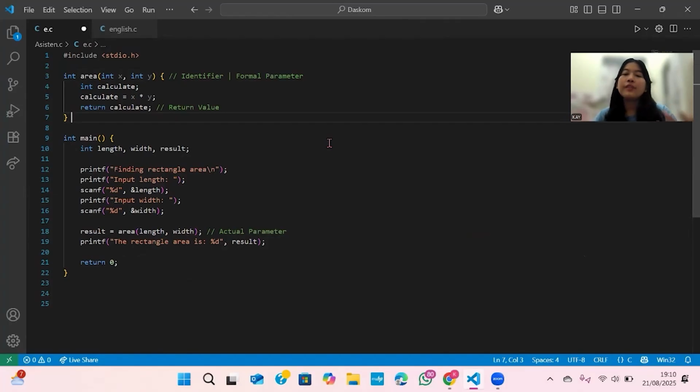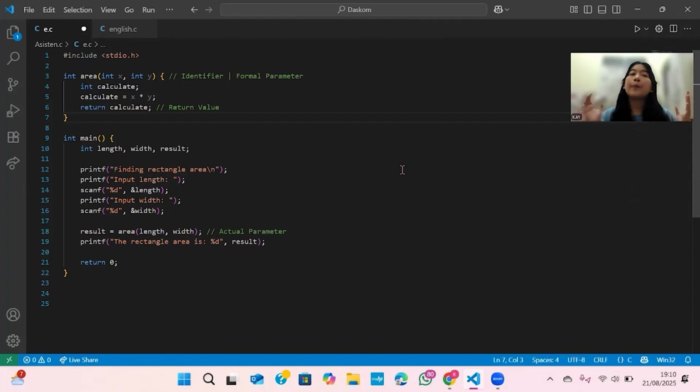And if the function is written above main, then the prototype isn't needed at all because the compiler already saw the full function before it was called.